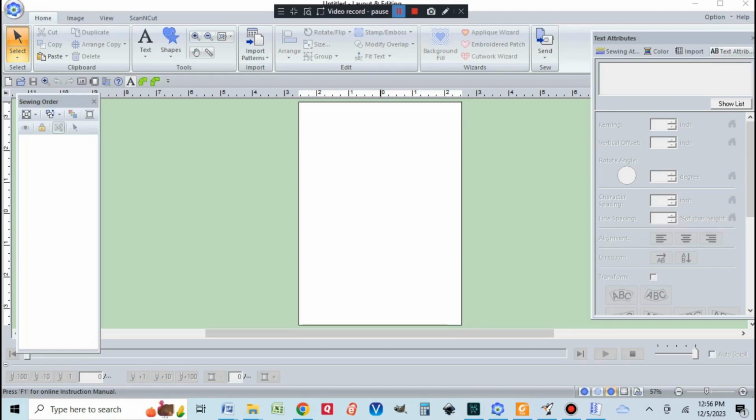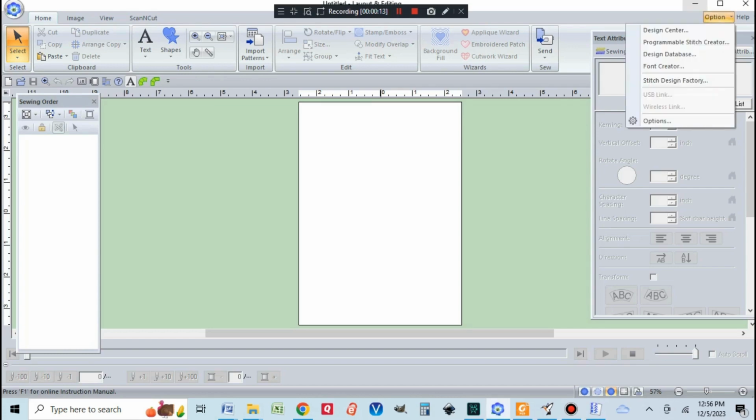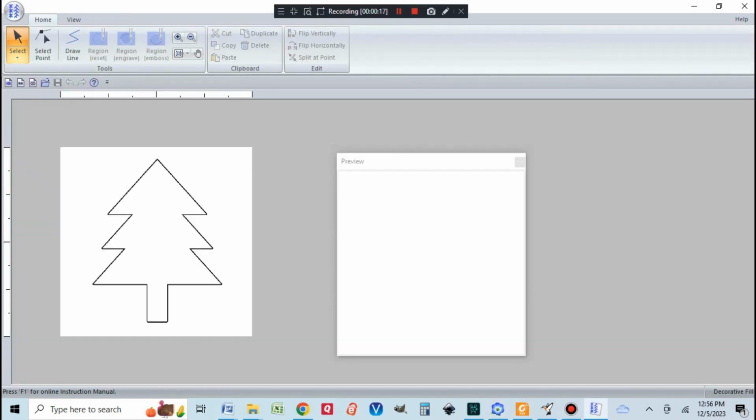I'm Amy. Today I'm going to show you how to create your own decorative fill pattern. Once you open up your software, you're going to go up to the upper right hand corner of your screen and click on Option. From there you will go down to Programmable Stitch Creator and you will upload your image